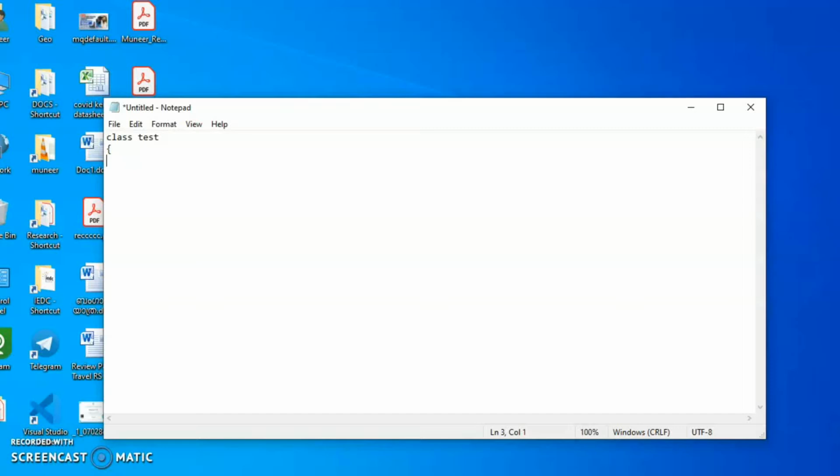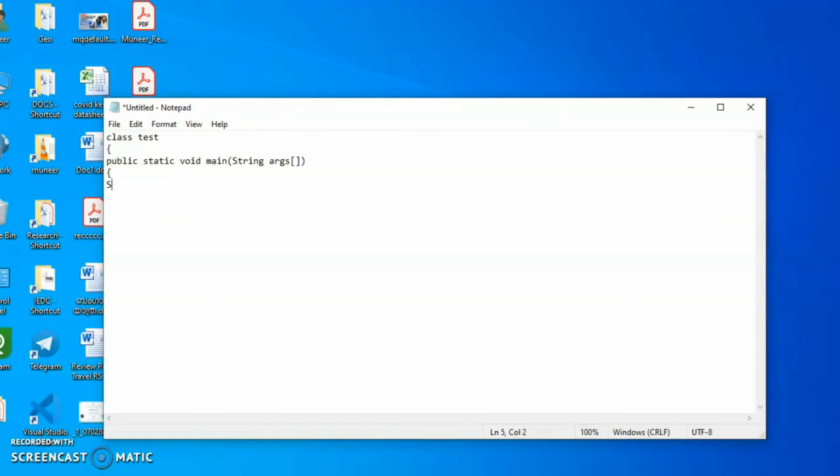After declaring a class, we need to write public static void main, String args. I will discuss everything later. You need to keep the caps, and as Java is case sensitive, you need to remember that small letters and capital letters give different meanings. So the S in String should be a capital letter. Now here I am writing the main function, and I am writing a simple text to be printed.